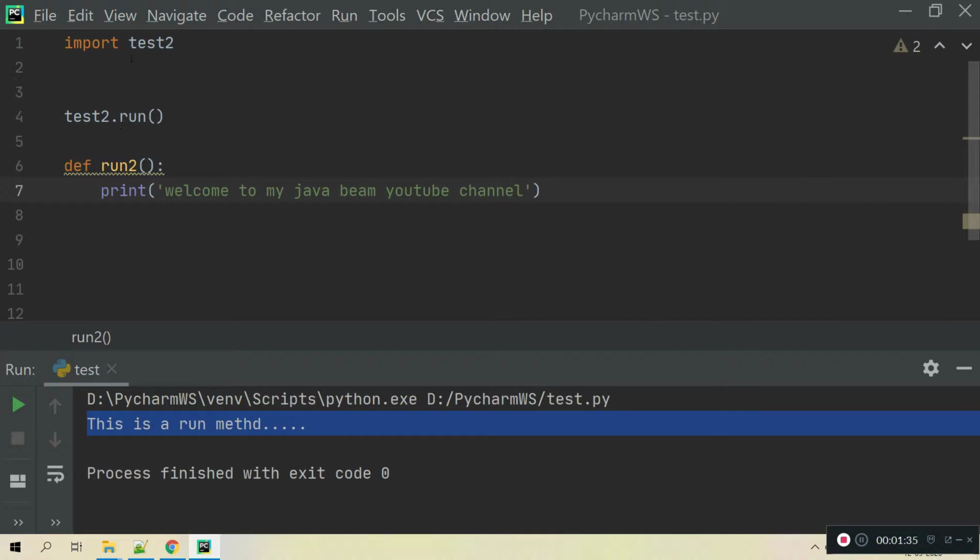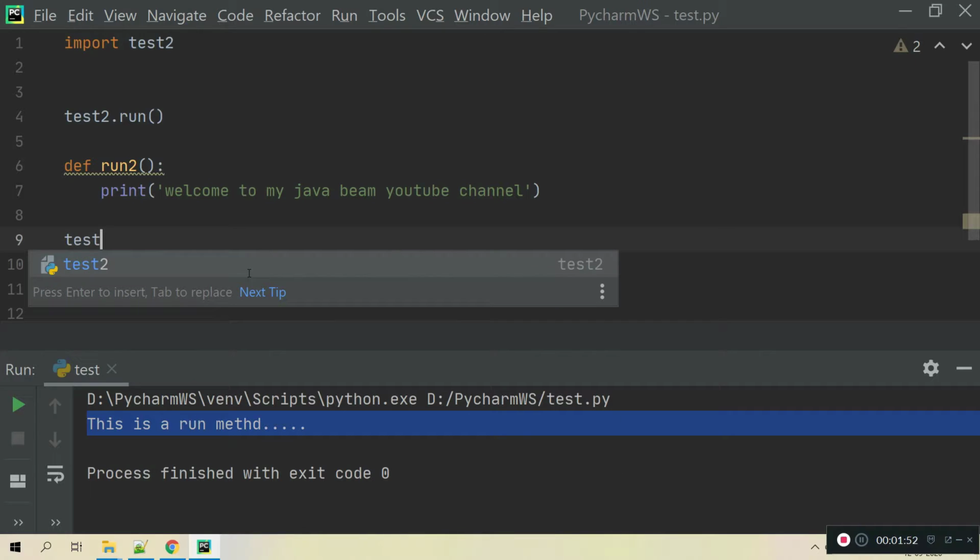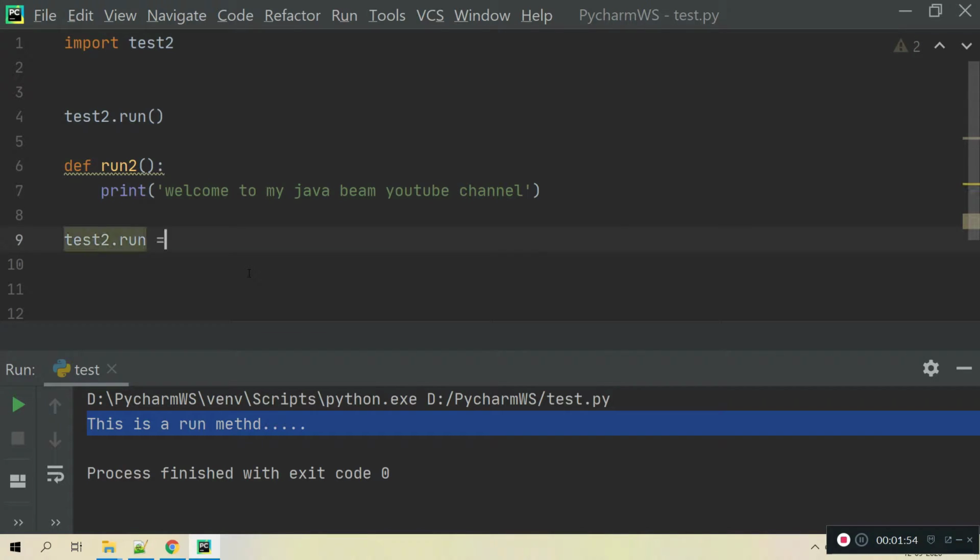When the run method is called, I want to execute this one. So I am altering the behavior of the existing run method without altering the actual source code. Now what we have to do is monkey patching. That is, we have to assign the actual method.